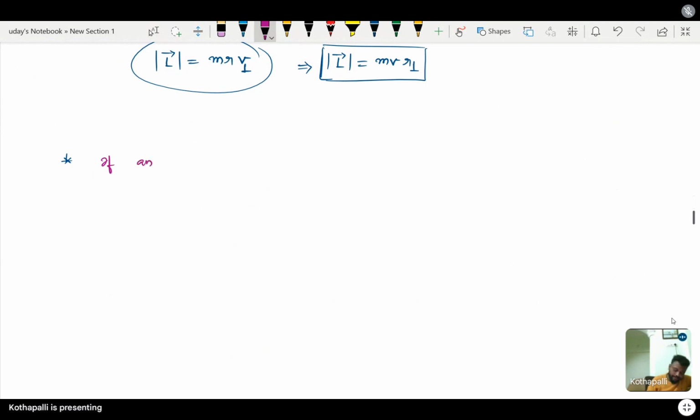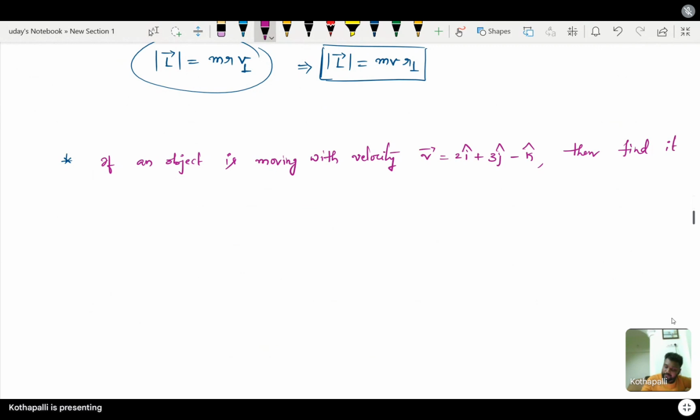If an object is moving with velocity v vector equals 2i cap plus 3j cap minus k cap, then find its angular momentum about the origin when it is at point 1 comma 1 comma